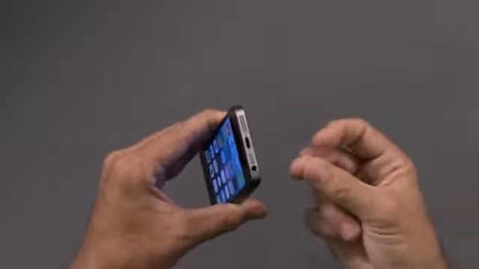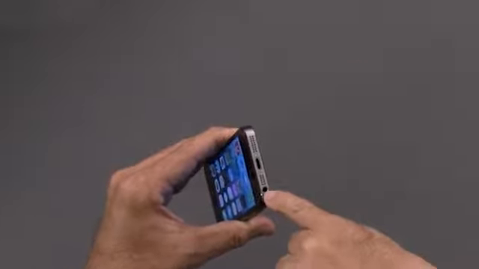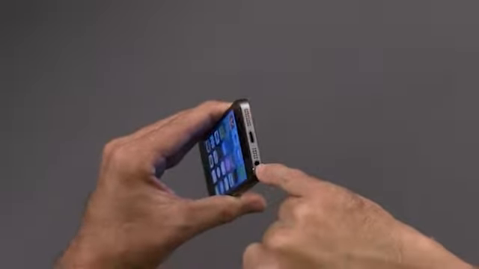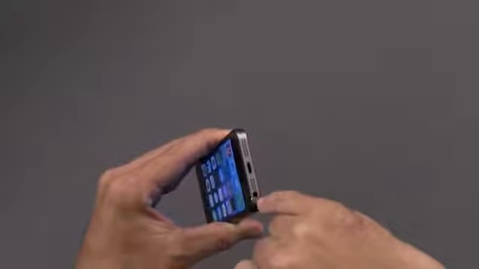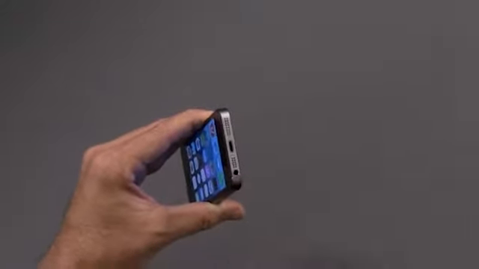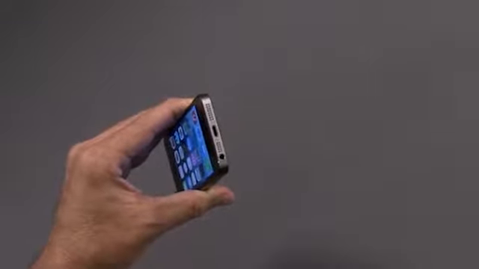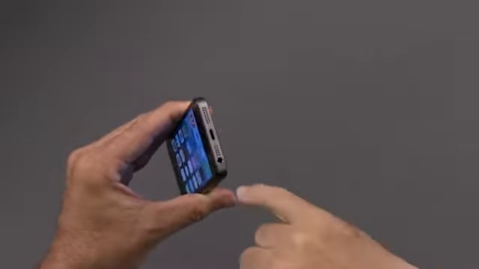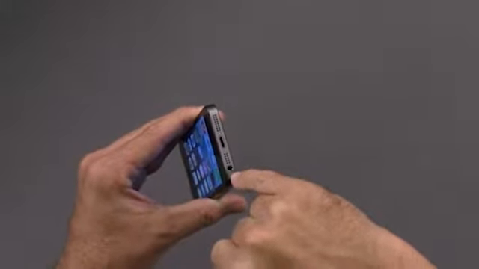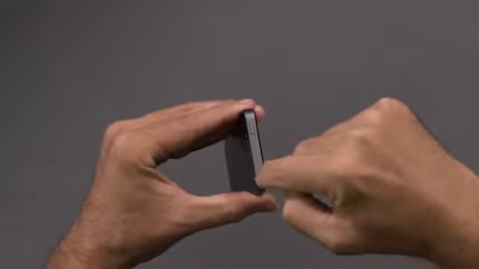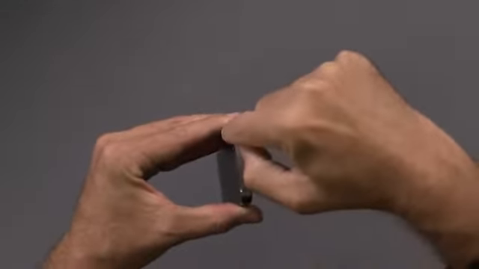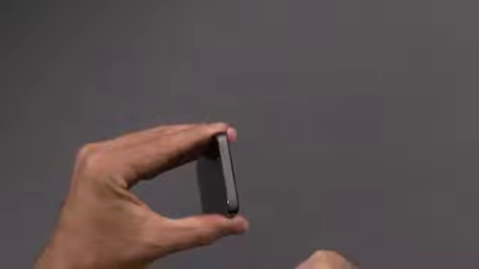One change that happened from the 4 to the 5 is this circle here. On the iPhone 5 and 5S, this is the opening for our headphones. So whether I'm listening to Beats by Dr. Dre, or whether I've got the standard earbuds that came with your iPhone, this is where the plug is on the iPhone 5 and the 5S. On the iPhone 4, it's located on the top on the same area as the sleep-wake button that we talked about before. So once again, if you've got a 4, it's on the top. If you've got a 5, it's on the bottom.